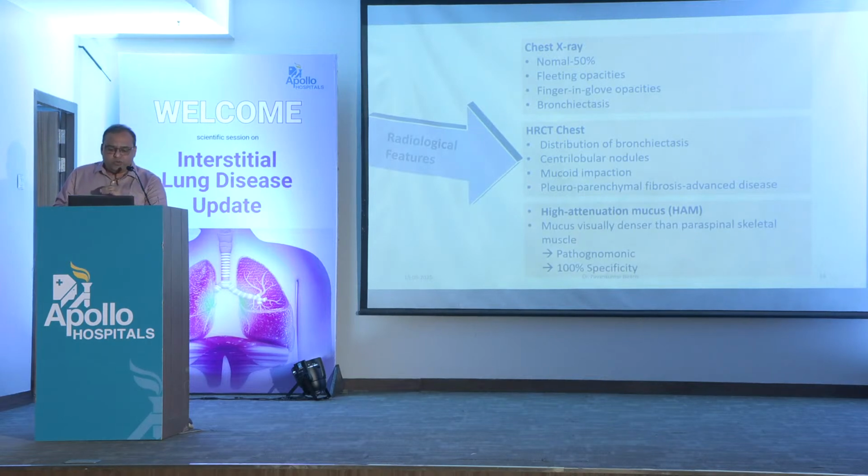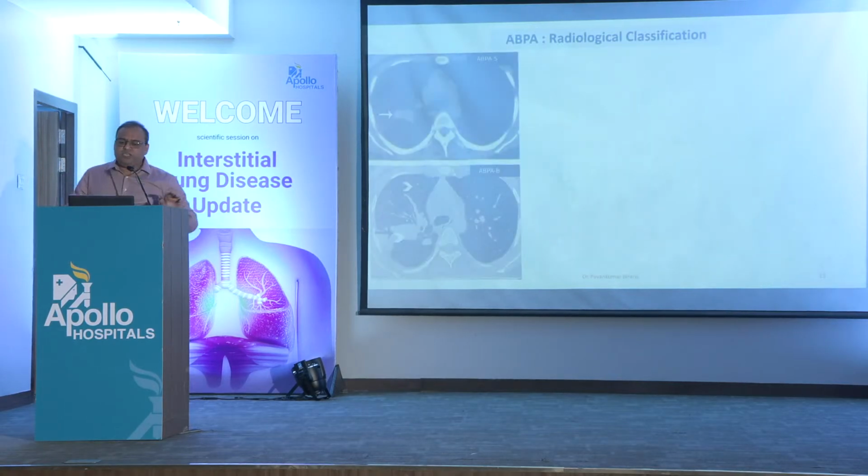High attenuation mucus is one of the characteristic or pathognomonic features of ABPA. When it is present, even if the other criteria are negative, you can still diagnose an asthma patient with HAM as having ABPA. Radiologically, it is classified in many ways; many authors have described it. The commonly used one is something called